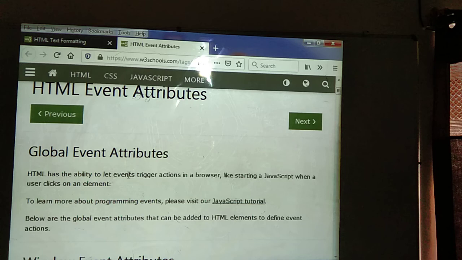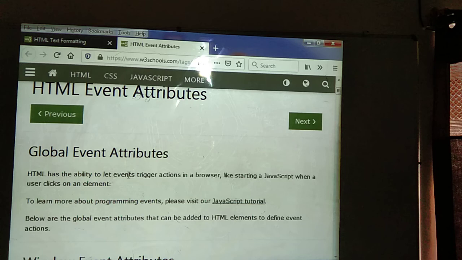onchange is used only in forms. It fires the moment when the value of the element is changed. Suppose we change the value of the element, at that time this attribute will be performed. oncontextmenu, the script runs when the context menu is triggered. onfocus fires the moment when the element gets focused, means highlighted. oninput, the script can run when an element gets user input.